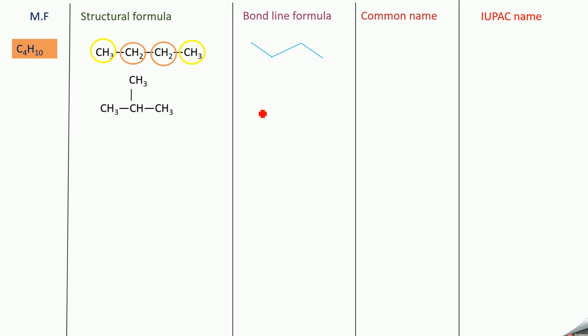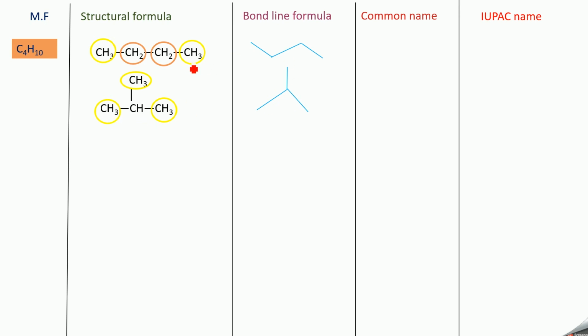Now for this one we can write like this. So here CH3, CH. So this corner we have CH3 and this corner we have CH. From this CH we are getting CH3. So this one is CH3. Now from this CH we have another CH3. So these 3 points we have 3 CH3. So in the midpoint we have CH. So this is how you have to draw the bond line formula for this compound.